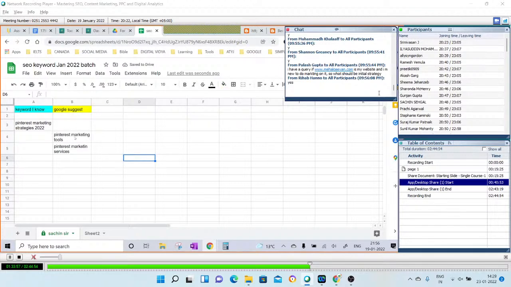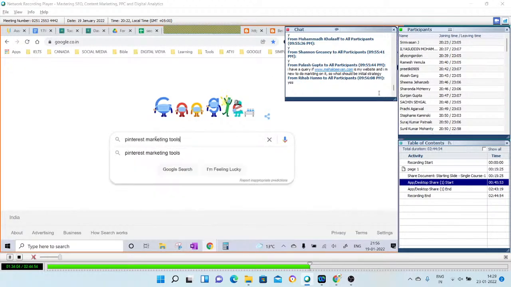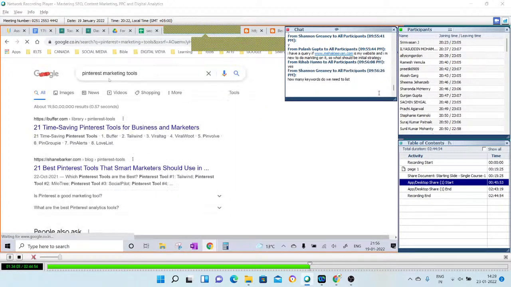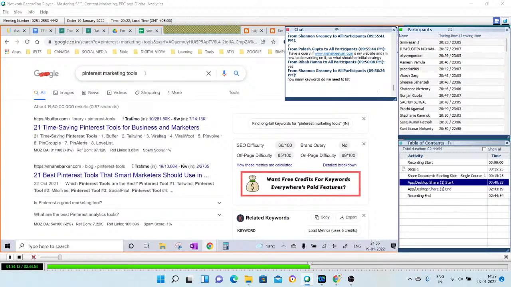The second space which you get is again somewhere in Google only. Suppose I like this one and I click it. When I click this one, I'm going for the precise search from the tools perspective now. You have to find 20, 30, 40, 50. The more you find, the more data you will have, and then the more content you can write.